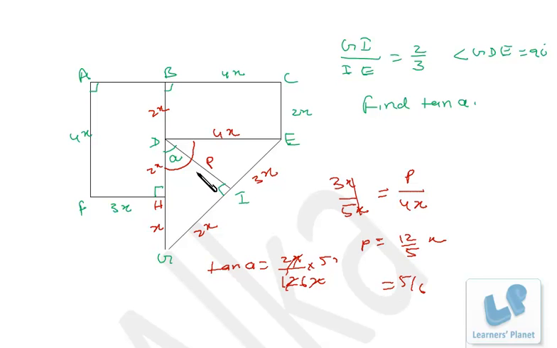So figure looks complicated, but the solution to this problem is really very easy. You just see we have taken just 1 or 2 steps to solve this problem, right? So if you have the basic knowledge of trigonometry and its ratios, then it will be really an easy problem to solve, okay?